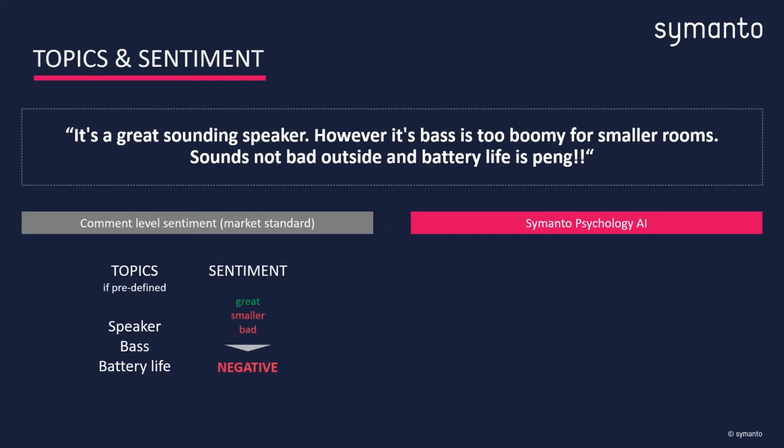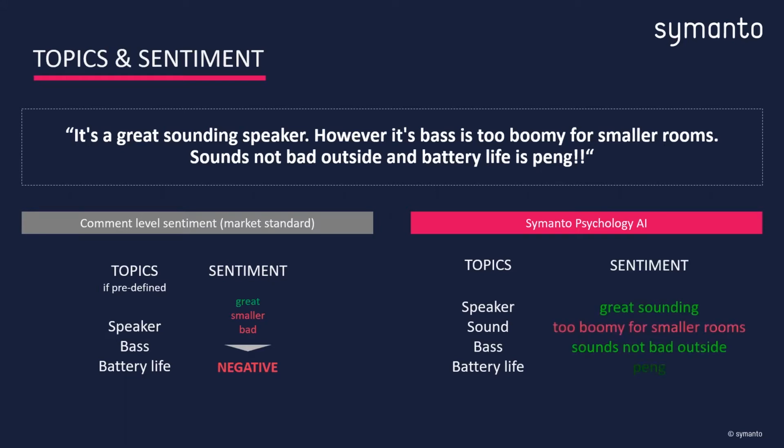It will count them all together, and as a result, we'll find out that this comment is a rather negative comment. When we use our AI-driven approach, we have the advantage of not predefining the topics, meaning the AI tells us, from everything it has seen already, what kind of themes are appearing here. So we might also find the topic sound, because although we didn't predefine it, we will see that people are talking about this.